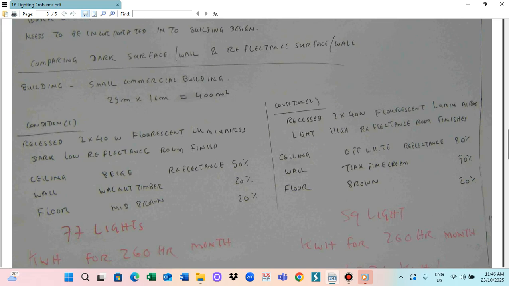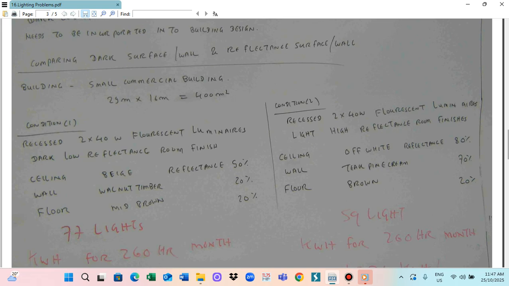To get the appropriate illumination, according to the surveys, they found that 77 lights will be required. How do you make the survey? You put the light in, and then use the light meter. The light meter I showed you last week. You put that light meter here and measure the luminary. In this way you can know the appropriate light level. So for that condition we need 77 lights.